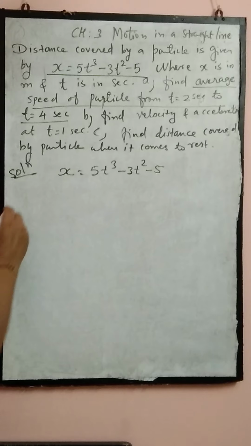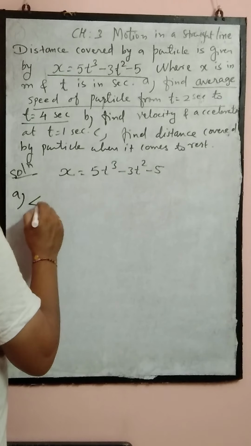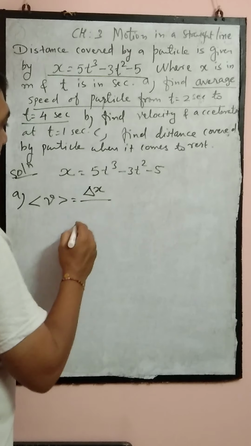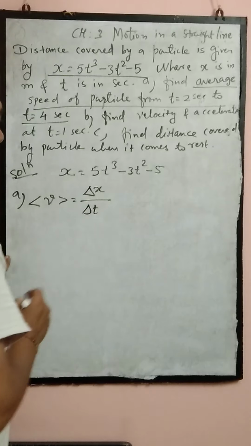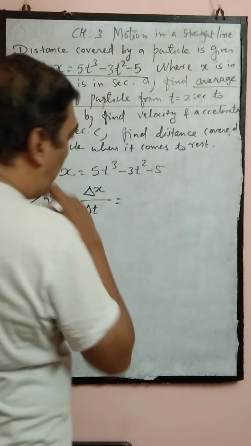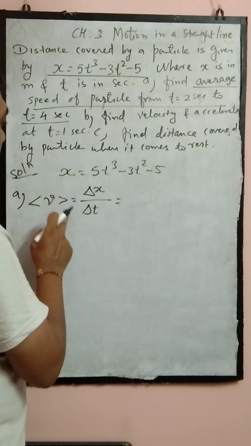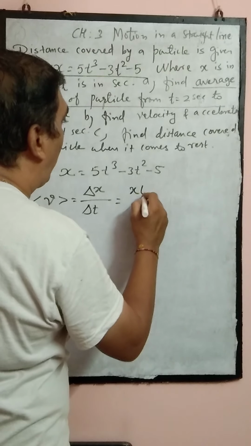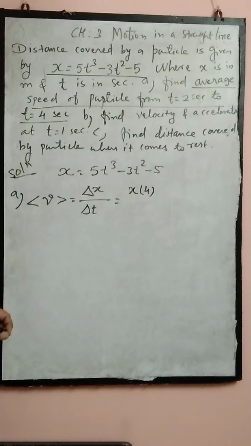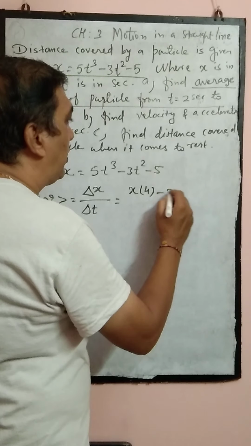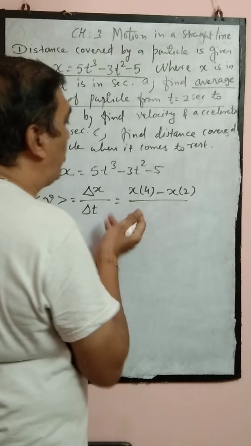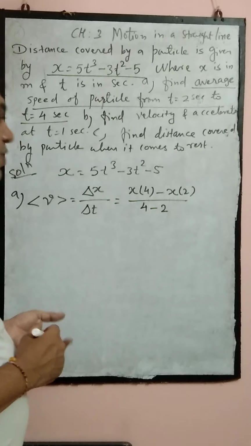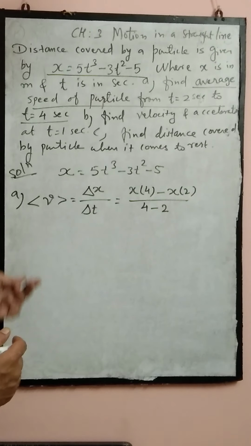Now, average speed is equal to what? Average is equal to distance delta x upon delta t. So here, we want to find the change in position of the particle within the time interval t equal to 2 second to 4 second. That means we have to find the position of the particle at 4 second minus the position of the particle at 2 second. That gives you the distance covered by the particle in the time 4 minus 2, that is 2 second. Within this 2 second time interval, how much distance is covered?